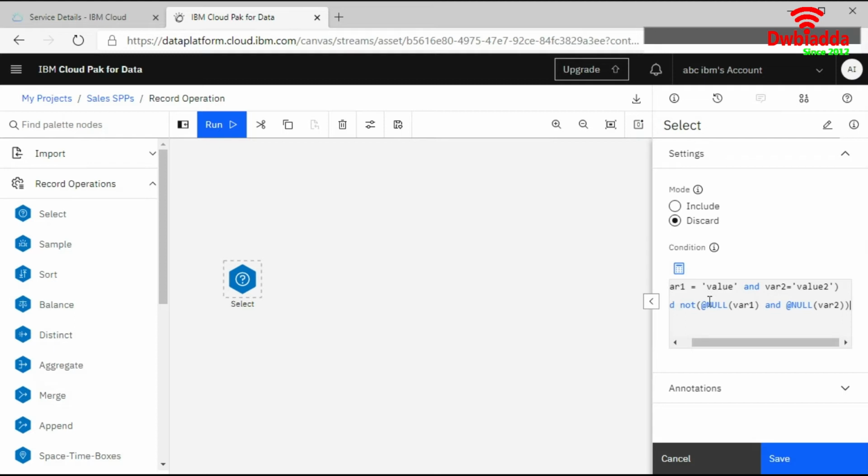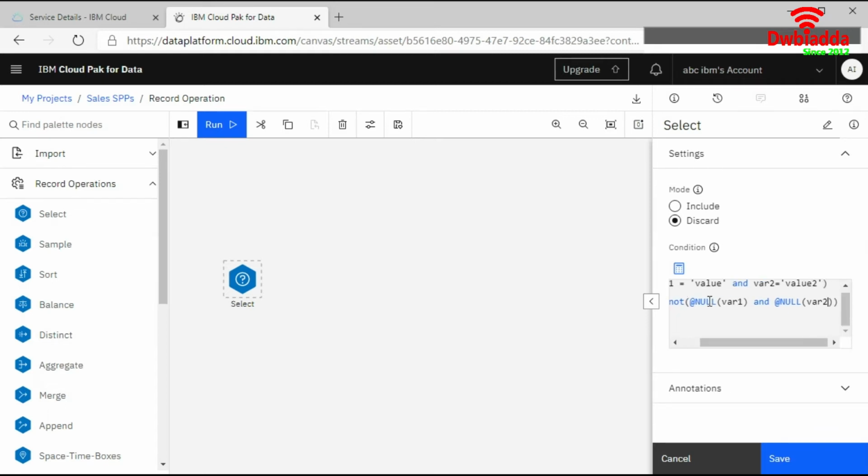So it will save your values which are null, and it will discard your values when it finds a match. Like, suppose you have a BP column in your data set. If you say BP is equal to high, then it should replace it with something else, or it should put that condition on the above, like that.